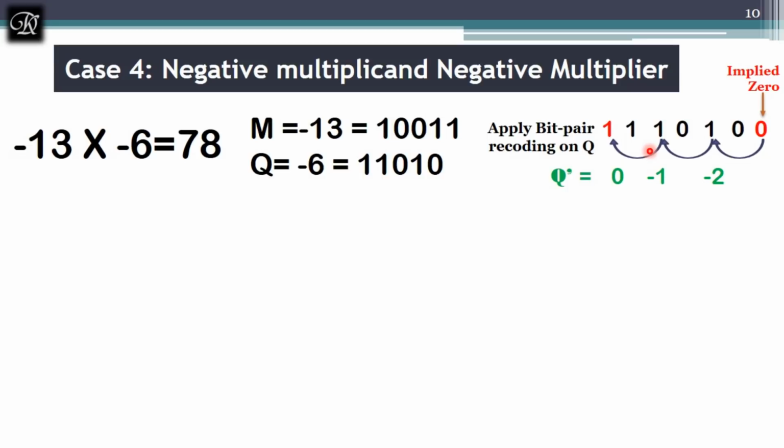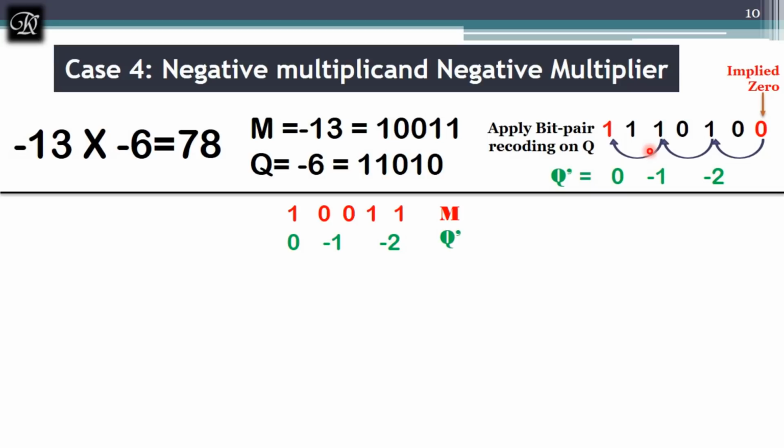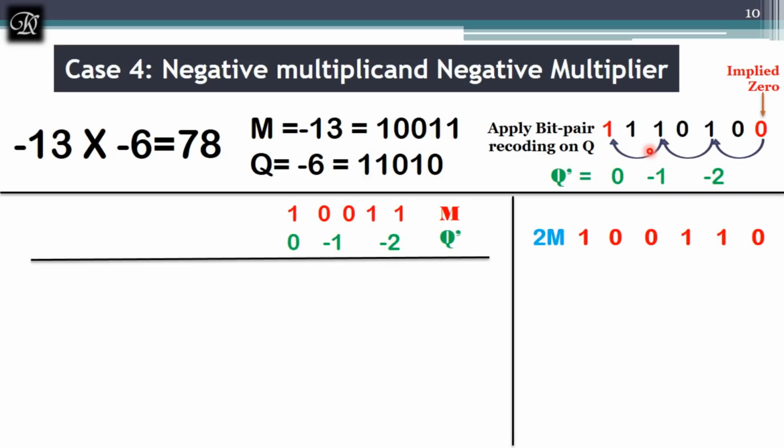Now again find 2m and minus 2m and minus m. Now again, as per the previous discussion, we have seen that when you have a negative m, the value is already negative, and when you multiply that with negative 2, it will become positive 26, and the 2m will be negative 26, and when you multiply negative 13 with negative 1, the answer for negative m will be positive 13. These are all the key factors you have to remember. These things look simple, but because of these things only you will end up with a wrong answer.